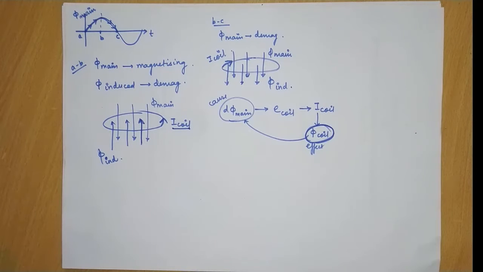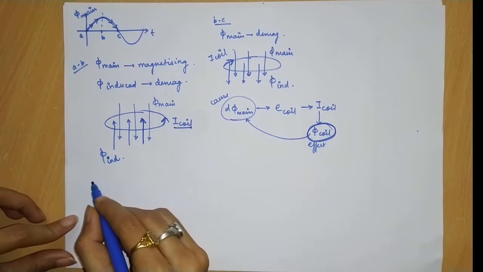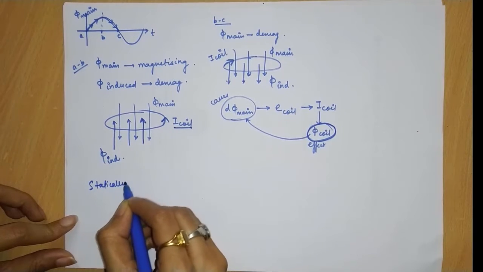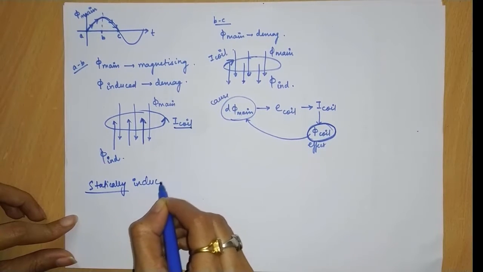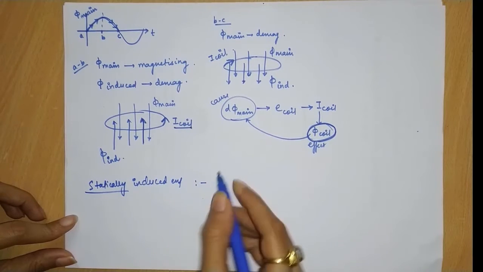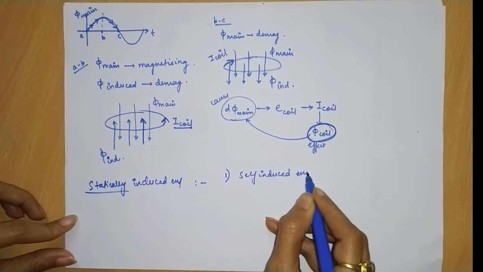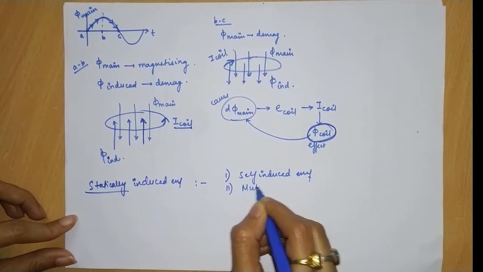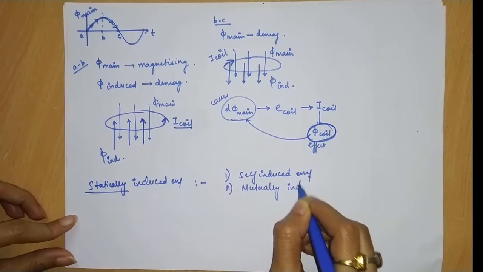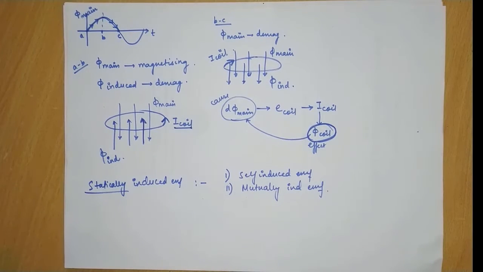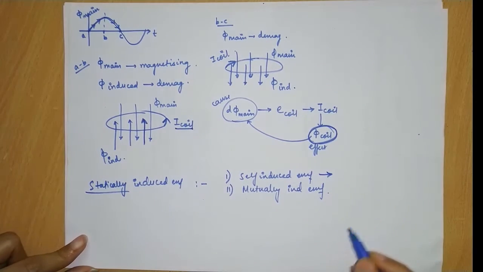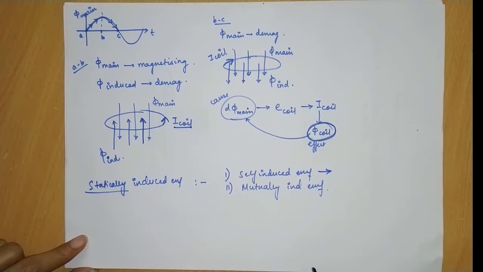Next, we look at the types of statically induced EMF. There are basically two types of statically induced EMF. First is self-induced EMF and the second one is mutually induced EMF. The definition of self-induced EMF can be said as